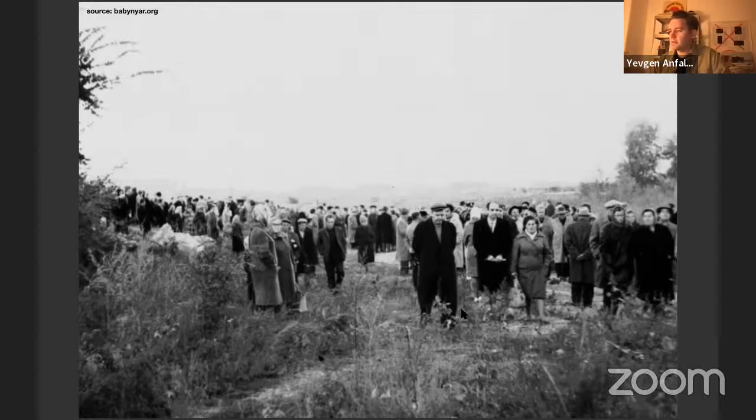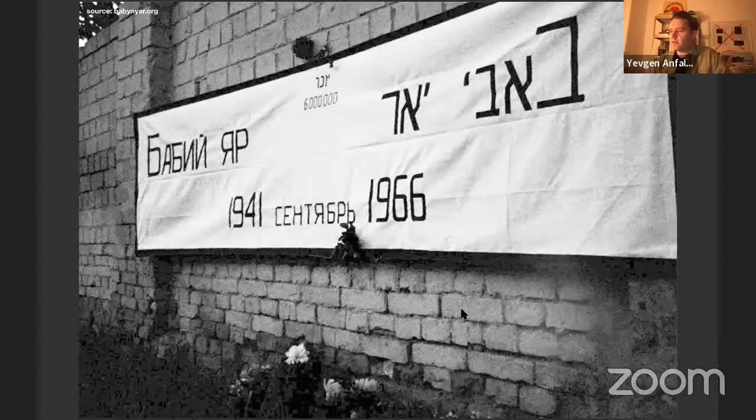They were all gone. And so in 1966, there was a big gathering in Babyn Yar, and this is the typographical evidence, the only typographical evidence, I would say, of this gathering. It was not official, it was forbidden for Jews to commemorate in an official way